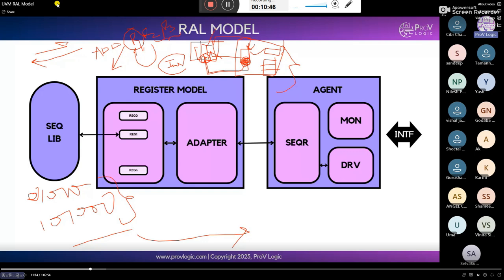But in SystemVerilog verification or Verilog testbenches, we never use this RAL model. Whenever the complexity increases at the SoC level, particularly to verify the registers, we use the RAL model. In SystemVerilog we have this limitation.